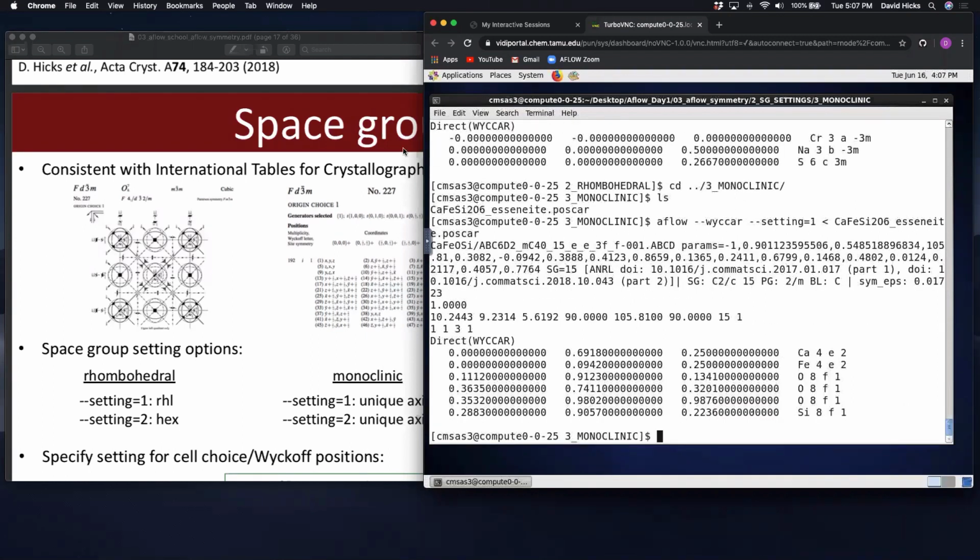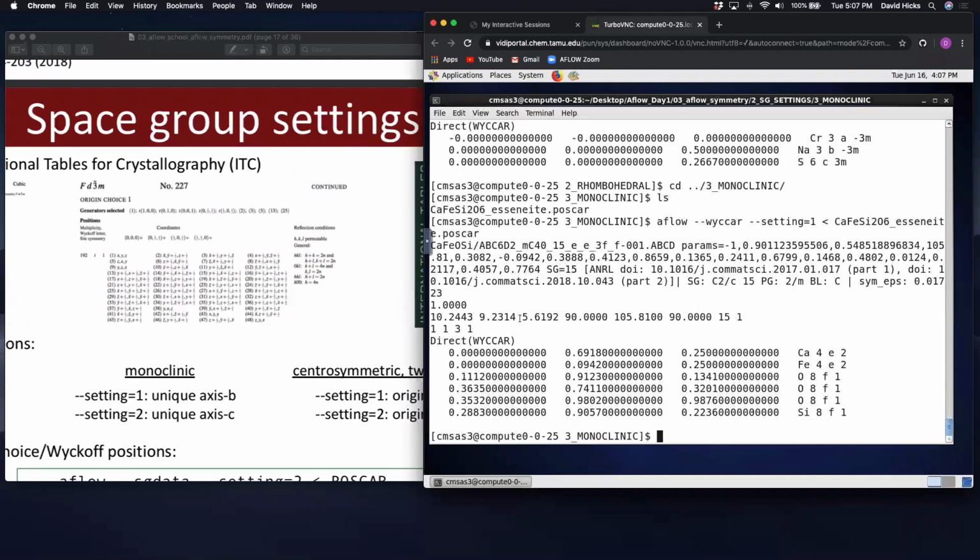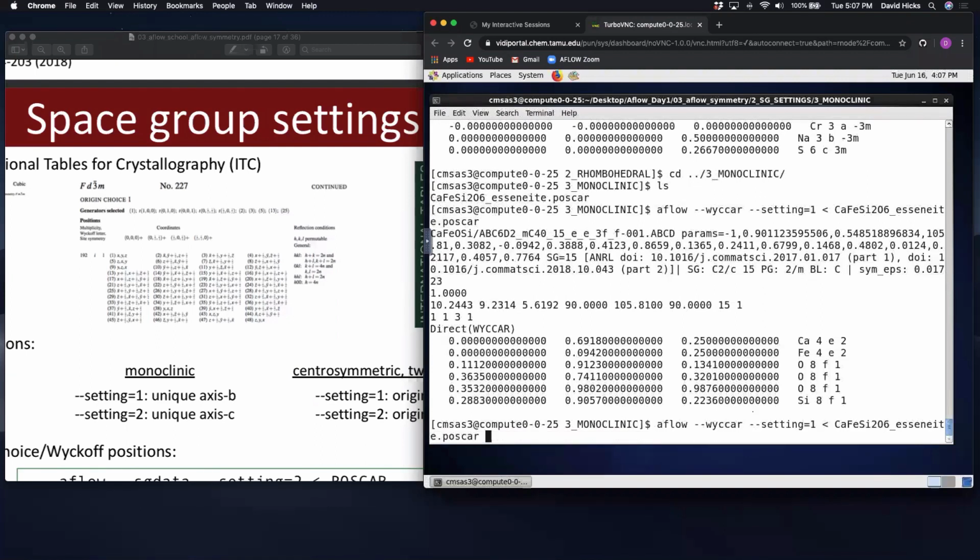This is for monoclinic. Setting 1 indicates unique axis b. So we can see that this is a, b, c, alpha, beta, gamma. And b is 9.23 and beta is 105.81 degrees. But if we do the second setting, so hit up and do setting 2,